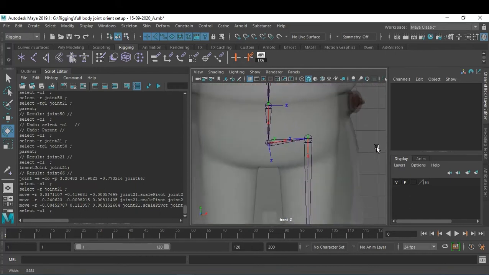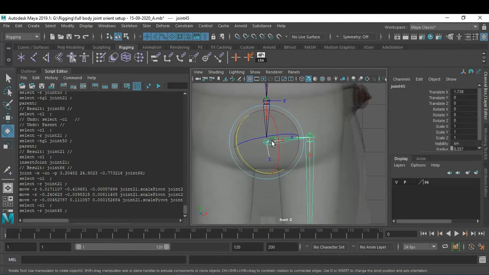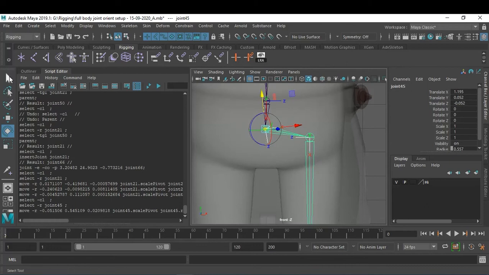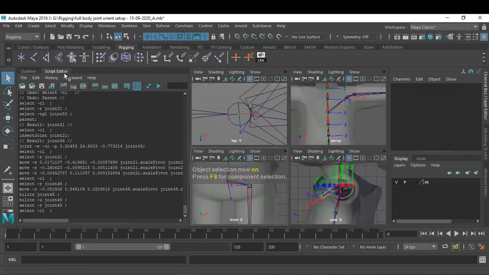And this also, I'm just pressing D and taking it up. It's a little bit like this. So once you are satisfied with this, okay, it's done.